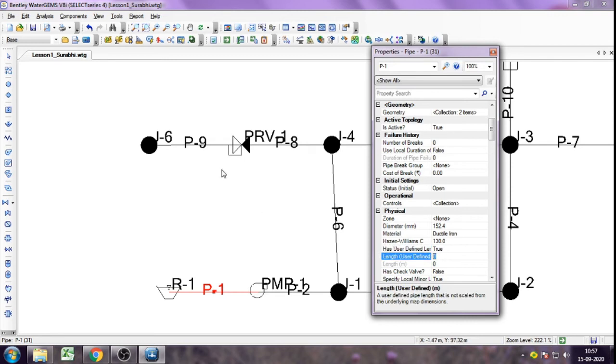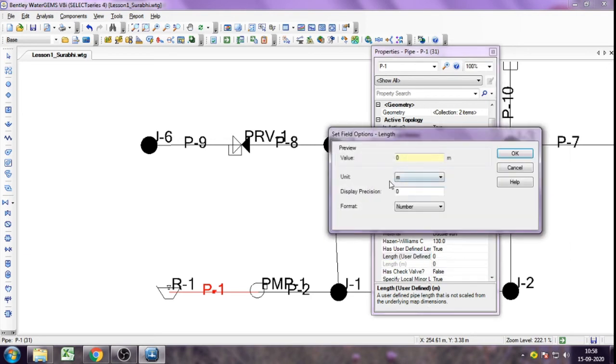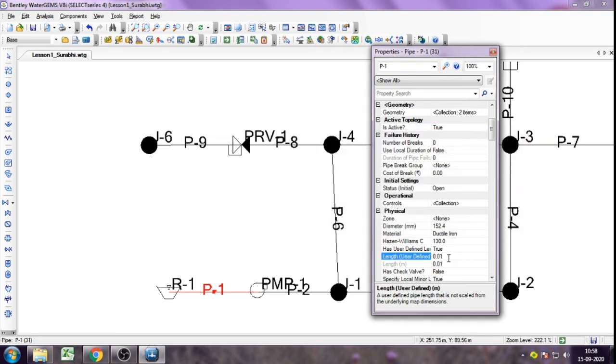The user defined length is in meter, so it is 0.01 meter for this pipe. Now you can see it is 0 because we have to change the decimal points here. Right click, go to units and formatting, and set display precision to 2, so it shows up to 2 decimal places. Now 0.01.